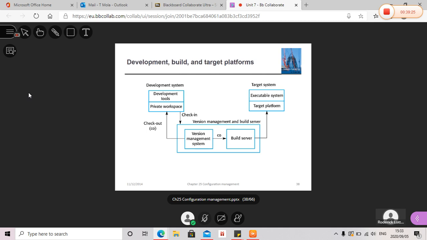So we talk about continuous integration. You will have your version control, you will have your private space. So between the private space and the